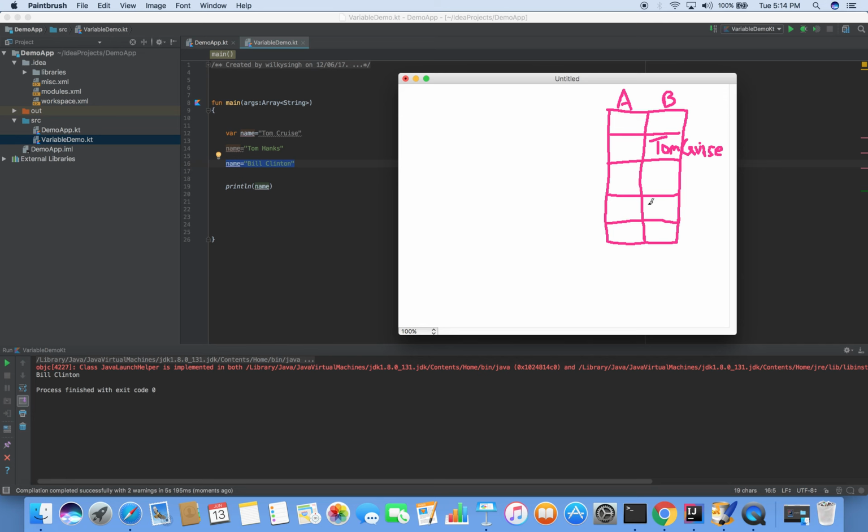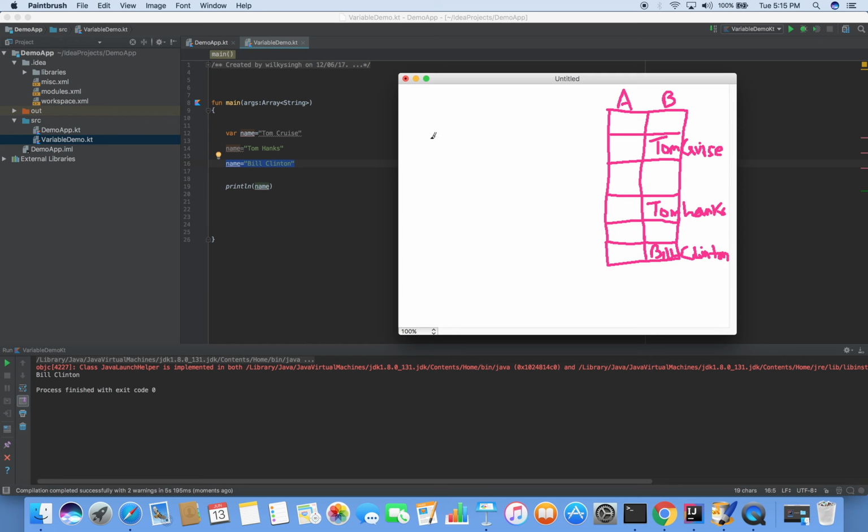And this particular location holds the value Tom Hanks. And suppose there is one more location that holds the value Bill Clinton. It is pretty much cumbersome at the start, but later we will move faster. Only for the newcomers, novice, or new programmers, I am explaining it in a very detailed